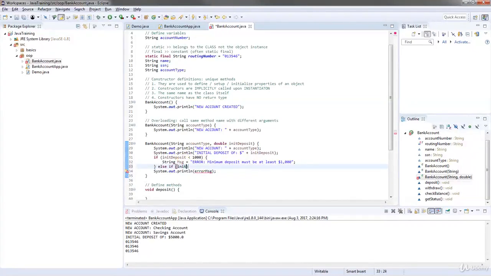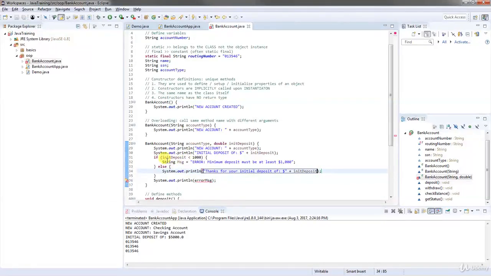Else, or just say else, right? We'll say sysout thanks for your initial deposit of, and then print init deposit. Okay, actually no, we want the message, right? We want our string message defined here. There we go. Okay, so if we wanted this to be the case, we have a variable inside this if block,